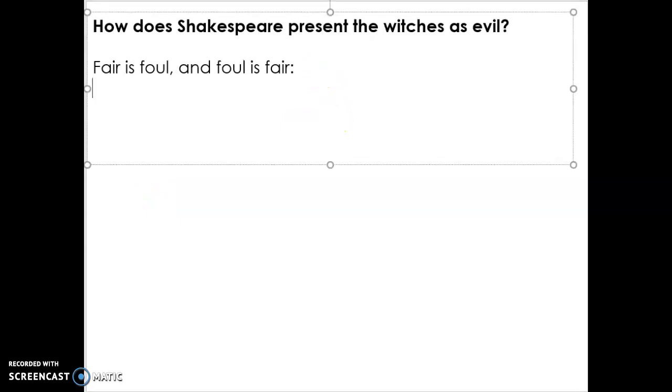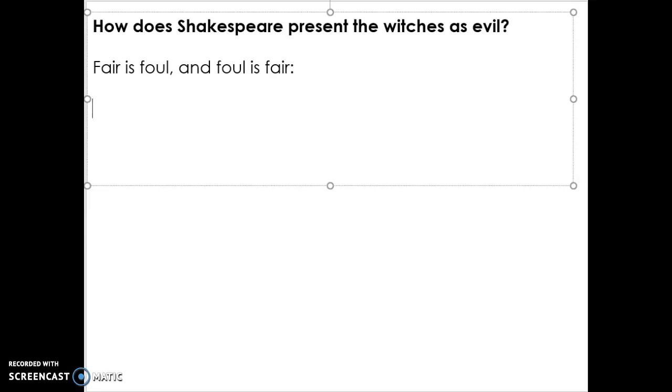So I've chosen the line, "fair is foul and foul is fair." They say this in Act 1, Scene 1, at the end of that scene, and I think it's a really interesting line for setting up some of the big ideas of the play. So I'm going to talk you through how to write an analytical paragraph about this line, and then I'm going to ask you to apply the same process. So you can obviously pause this, watch it as many times as you need to, but I should just sort of talk it through. So first of all, we always start by introducing our line, our piece of textual evidence,